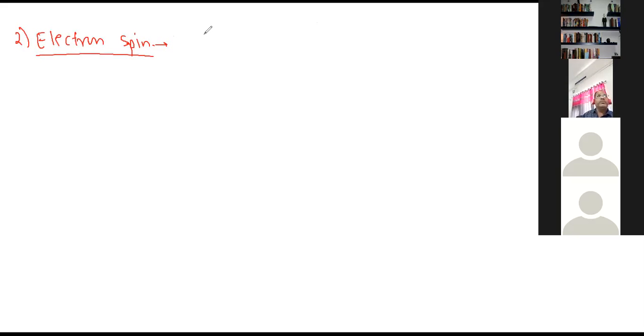And for space quantization, we have taken 3 numbers, that is N, L, ML. These are the three specifications which give the position or orientation of orbits. Are you getting? So when we go for the spin quantization, the spin of an electron